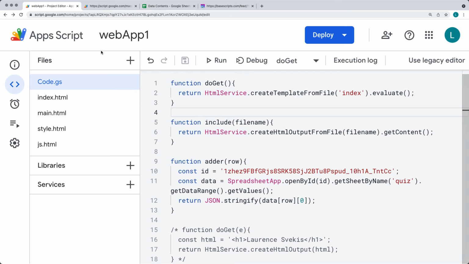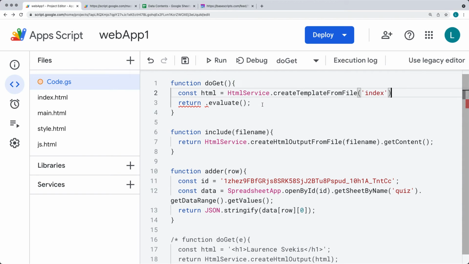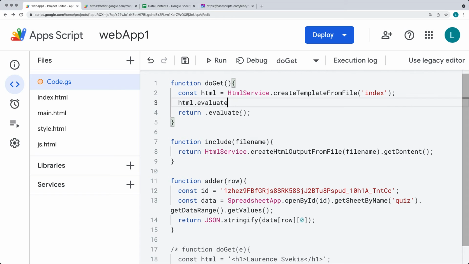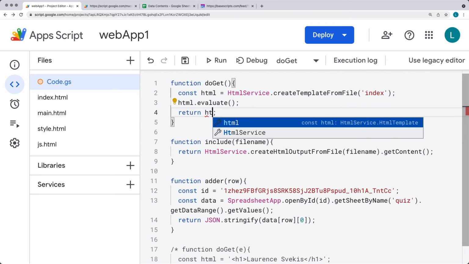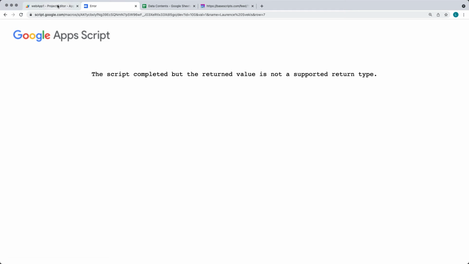So if, for instance, we wanted to just include some HTML as an HTML object. So we've got some HTML that we want to include into the HTML service. We can pull out the HTML and get that as an object. And then within HTML, we can evaluate the HTML content and then return HTML. So breaking apart the object, it's still going to work the same, but this is going to give us an